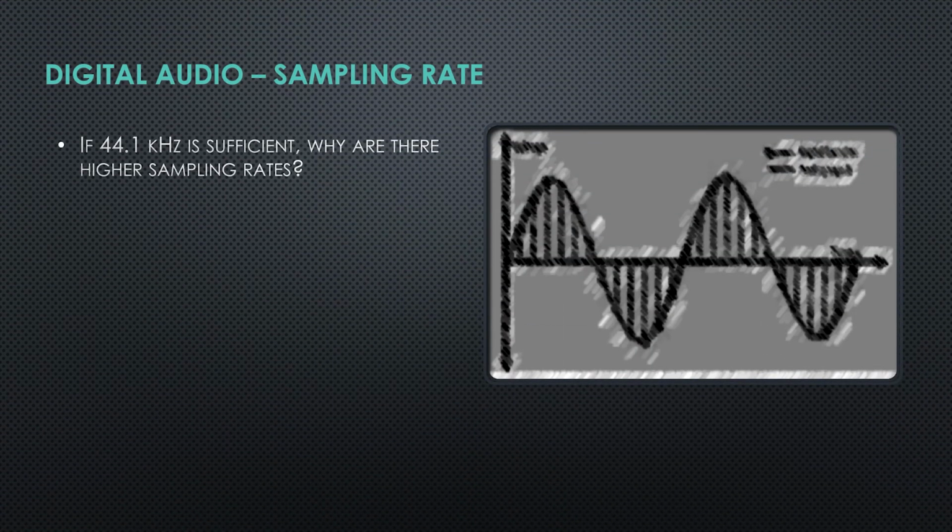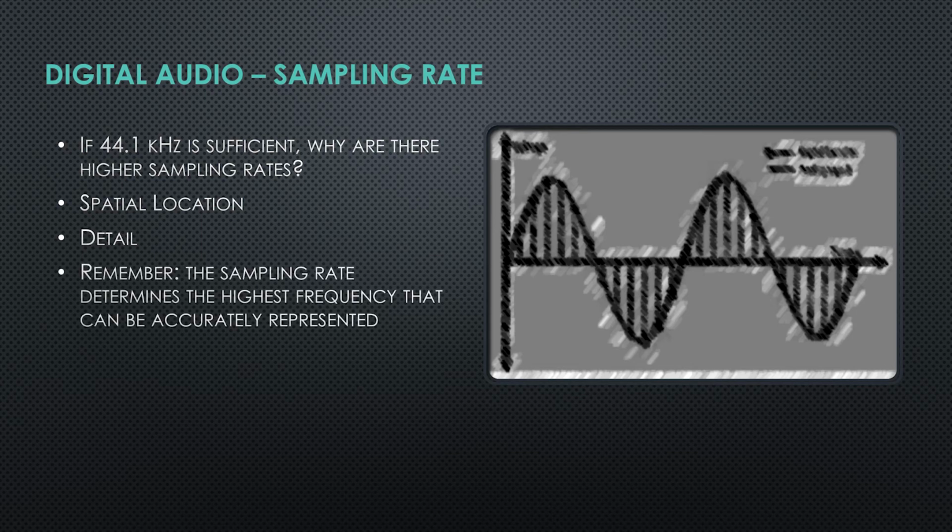If 44.1 kilohertz is sufficient, why are there higher sampling rates? I just mentioned in the last slide that there are higher sampling rates than 44.1. Spatial location becomes something that is easier to ascertain when we are listening to higher sample rates. We can localize where sounds are within something like a stereophonic field. And additionally, we just get more detail. I mean, it makes sense that if we capture more bits of audio along the way and play them back, we're going to get a higher quality example. Eventually, this has diminished returns and we will run out of detail that we can capture, but to a certain point, we can get higher quality audio.